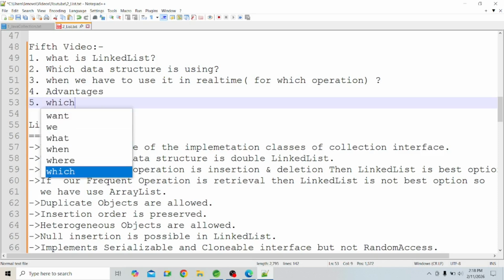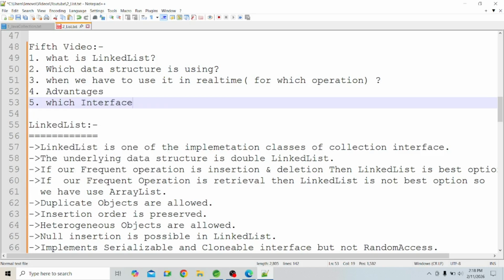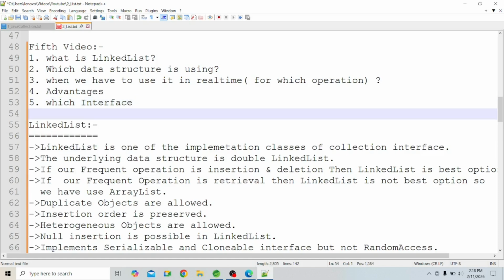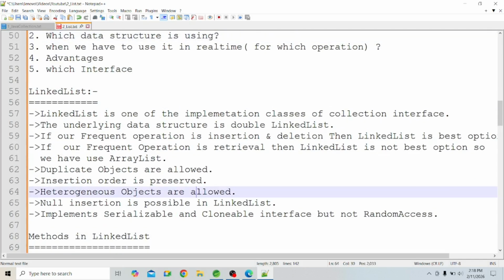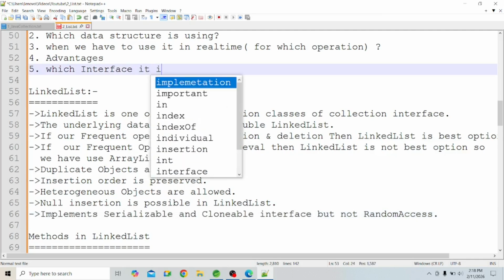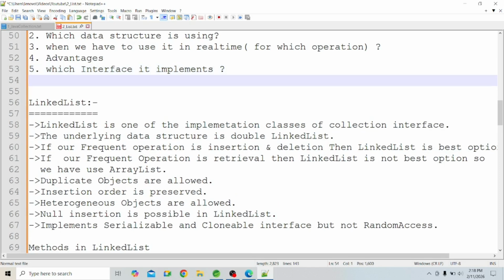Fifth point, which interface it implements, or we can say which interface is allowed. We can copy from here, or write directly which interface it implements. Okay, this is all covered. And sixth one,